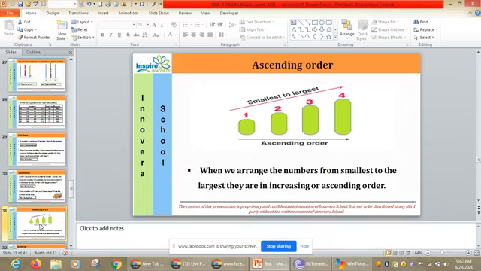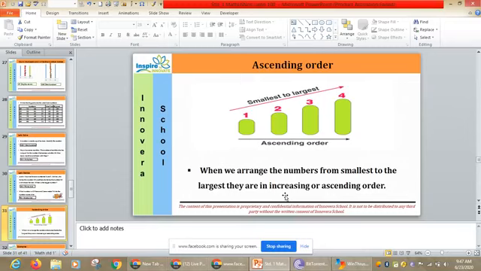The numbers which we arrange from small to big, that is called ascending order, or also it is called increasing order. Ascending या increasing. Increase means to increase. बढ़ता number, एक एक बढ़ता जाता है. So when you climb the steps, जब नीचे से ऊपर जाना है, when you climb it, what do you do? You are on the first step, then you go on the second step, third step, fourth step, and you keep on climbing up.